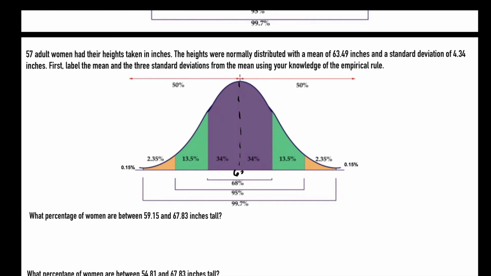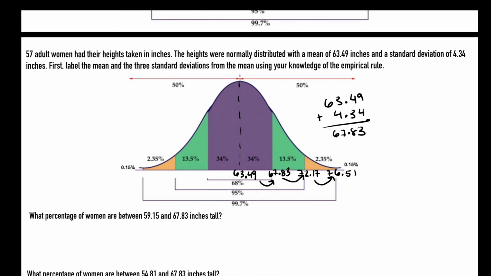Let's label 63.49. Now, how do I label the value that goes here on our first standard deviation to the right? I have to take my mean, 63.49, and add 4.34, which is my standard deviation, and that gives me a 67.83. So that is my first standard deviation to the right. I just added 4.34. Now I've got to add yet another 4.34, and that will give me 72.17. And for a third time, or for my third standard deviation, I will add another 4.34, and that gives me a